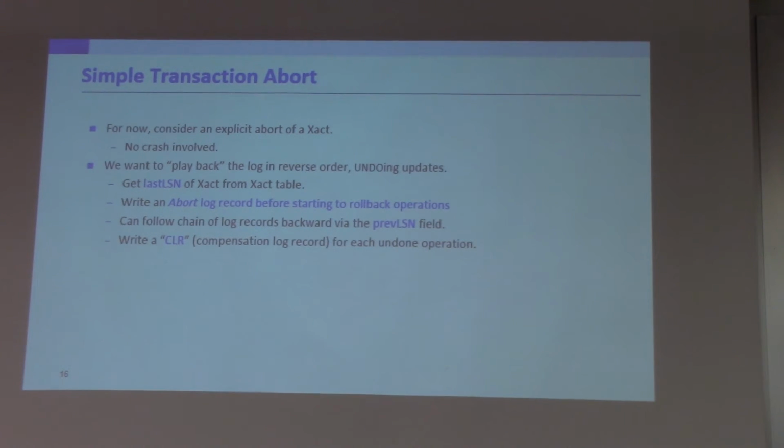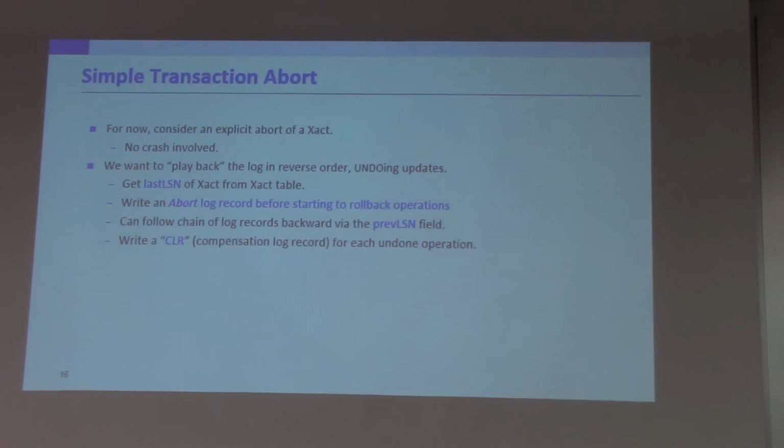Simple transaction abort. This means there's no crash involved, right? The system has not crashed. You simply play back the log in reverse order. What that means is you get the last LSN for that transaction from the transaction table, right? The transaction table keeps this information. What is the last LSN for that transaction? You take the last LSN, and that's the first action you need to undo. You undo that,